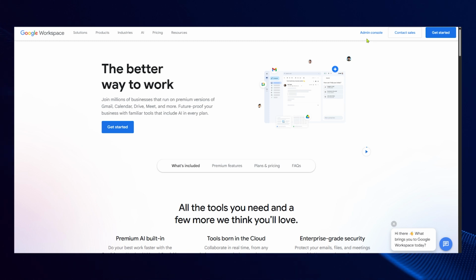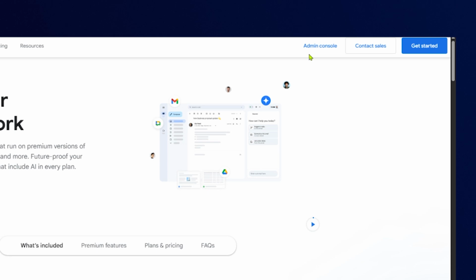Now, once you're on the homepage, navigate to the admin console. This is where all the magic happens. The admin console is your central hub for managing Google Workspace services, including user access, security settings, and more. You'll find this by clicking on the waffle icon in the upper right corner and selecting admin from the drop-down